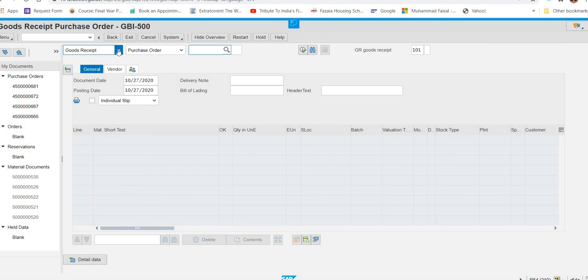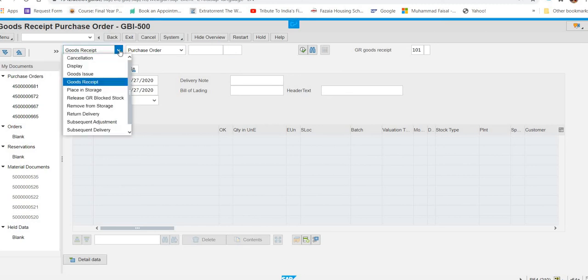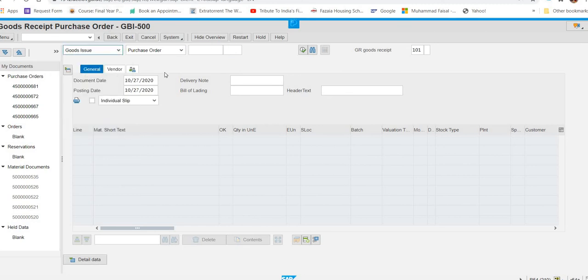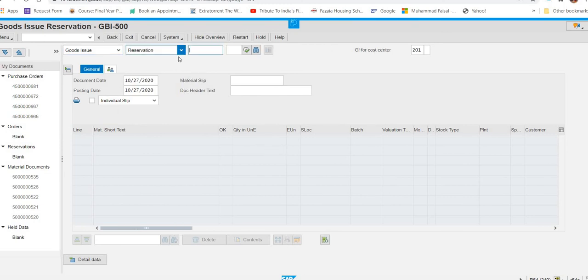So into goods issue. Here, instead of goods receipt, you will make it goods issue, and here you will click purchase order. Why? Because the transaction is different now.